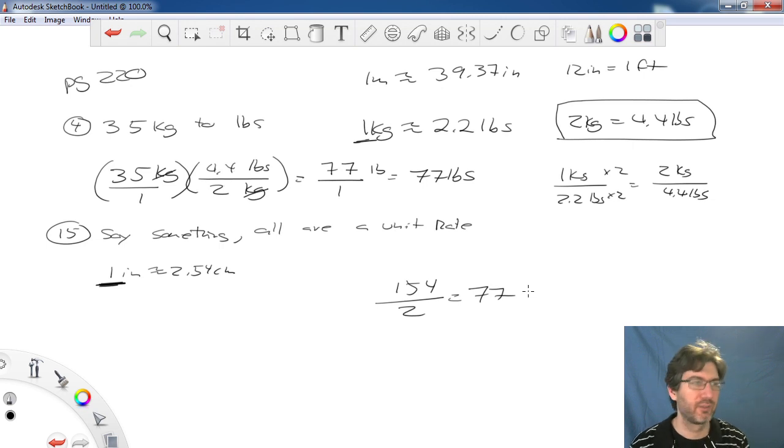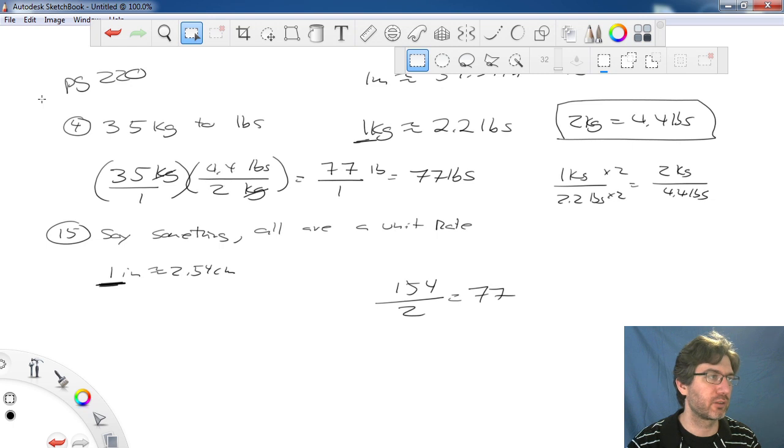Yeah. So, I mean, having it as a unit rate just saves some work, and it's nicer. You can say something along that for 15. I'm really not too concerned about 15. But